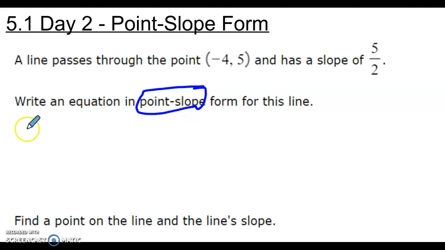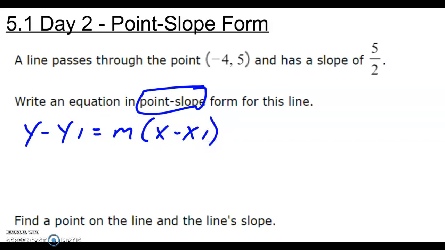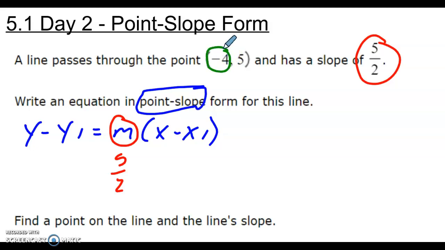Okay, so again, that point slope form, y minus y1 equals m times x minus x1. Well, your slope, that 5/2, that should be going in there right away. That should be nice and easy to plug in. Nothing's goofy about it. Now, what is goofy is the points. So your x value that you're given is a -4, but remember, in the equation, it's the opposite sign. So that's going to go in as an x plus 4. And then the 5, that y value, since it's a positive 5, that'll go in